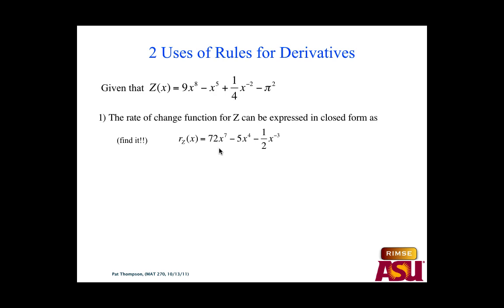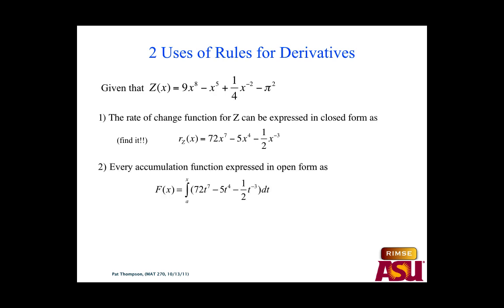So here's our rate of change function. There's no number from this. This is a constant despite the fact that it's written with an exponent. It's not 2 pi to the first power because pi is not x, pi is 3.14. So this is like 10-ish or something. So our rate of change function can be written like this. I can call it r sub z of x, or I could write z prime of x. But keep in mind,